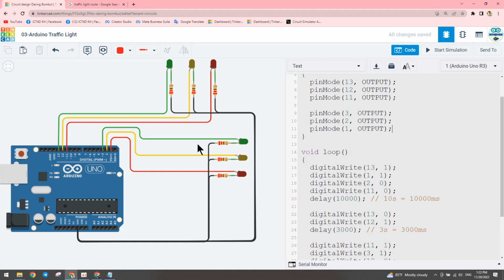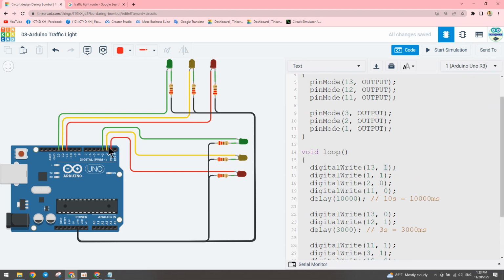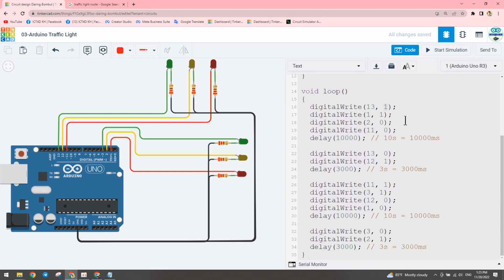So the green LED I connect to pin 13. This one we set to true, number 1, and the red LED in this direction I connect to number 1. So number 1 true